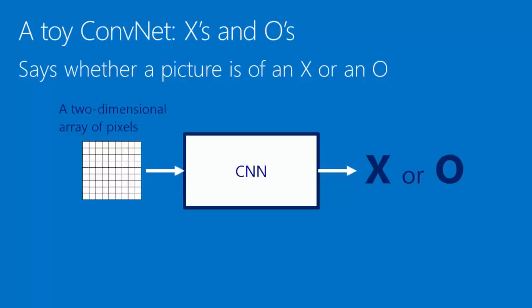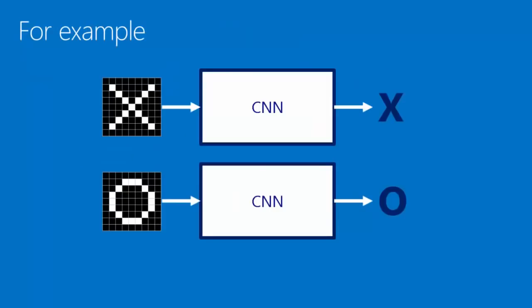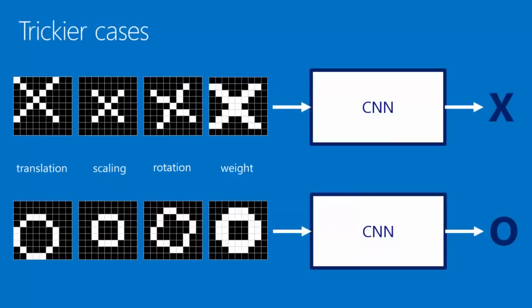What this one does is takes in an image, a two-dimensional array of pixels. You can think of it as a checkerboard, and each square on the checkerboard is either light or dark. And then by looking at that, the CNN decides whether it's a picture of an X or of an O. So for instance, on top there, we see an image with an X drawn in white pixels on a black background. And we would like to identify this as an X. And the O, we'd like to identify as an O. So how a CNN does this